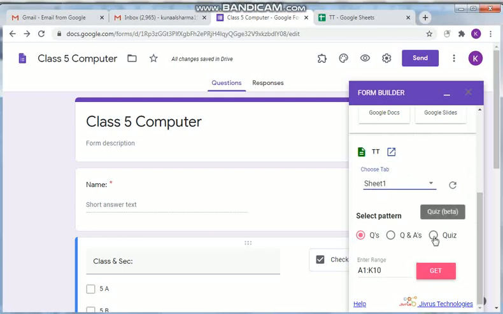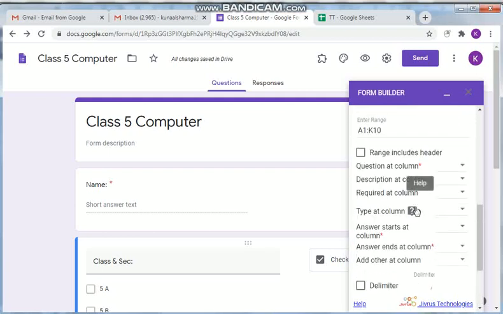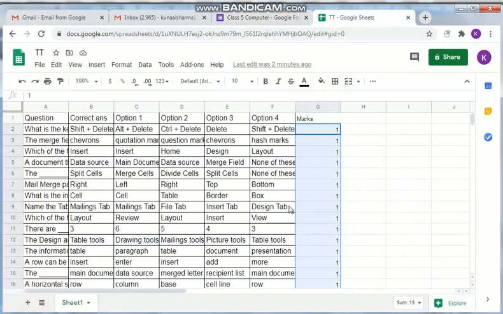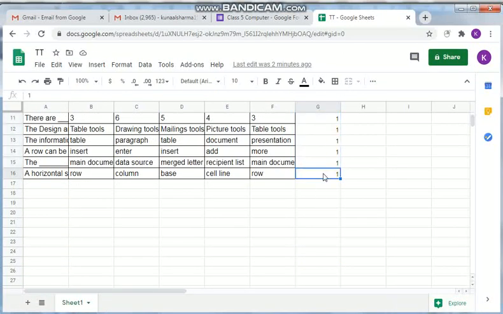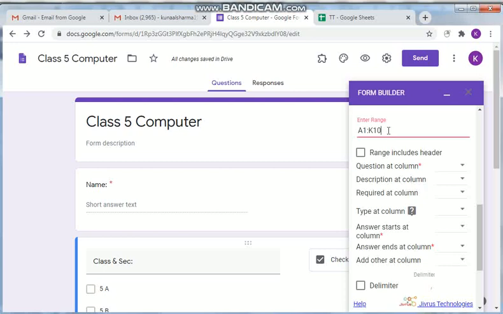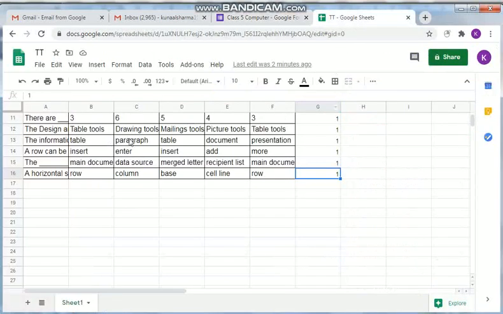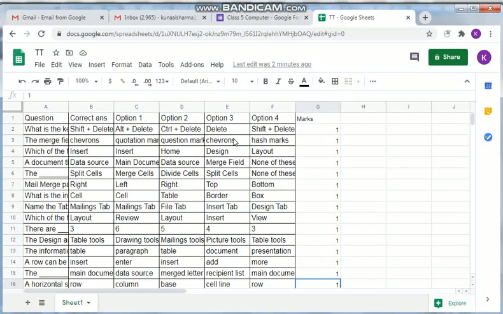I'll click on the quiz option. Then please remember this is the range. Now see the range, I want up to here, so this is G16, so I want to cover up to G16. So here I'll type A1 to G16, so I want to cover all these things. Then my range includes a header, because here I have the header, so I don't want to use these headers.